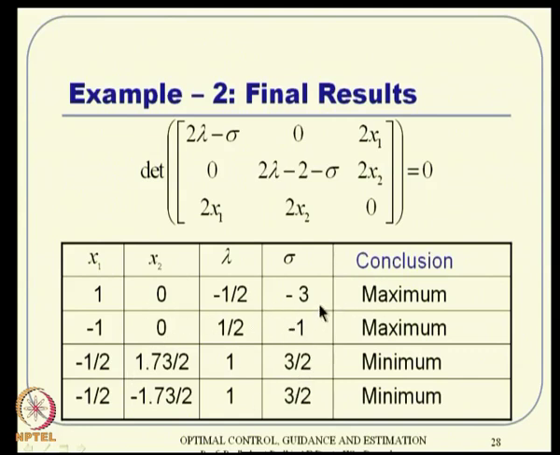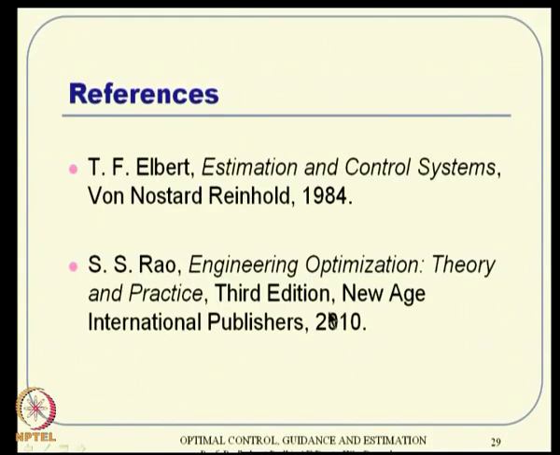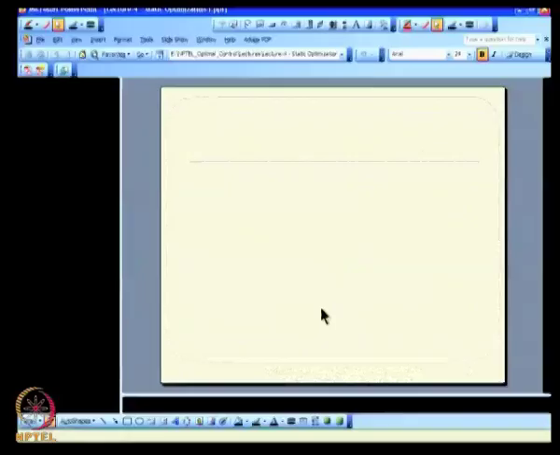If you really want the global maximum and global minimum, then at these points you have to evaluate J at both the points, and whichever J happens to be maximum is the global maximum, and within these two you can evaluate the function J, and whichever happens to be minimum is the global minimum. So, that was the idea there. Then we had some references, and I suggested looking at some books. So, that was our last lecture.